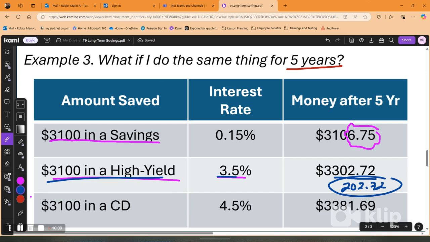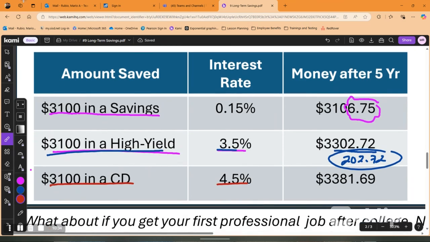Now imagine if you start saving $100 or $200 or $300. Once you start getting your big boy money or your big girl money from your business, or you join the military and you start getting your paychecks, or you graduate college and start getting your professional job, and you start saving more than $150 a month, imagine how much money you'll have over time. And even just by going from 3.5 to 4.5, so 1% increases your gains by almost $80. So 1% increase can get you about 70 more dollars on this amount. So now you see, it starts to add up.